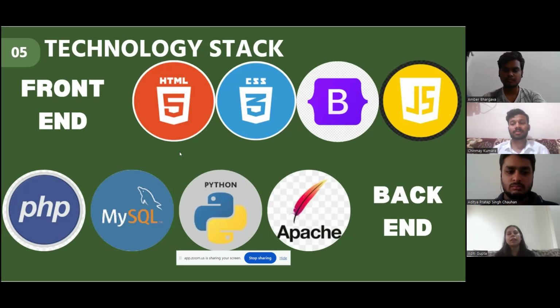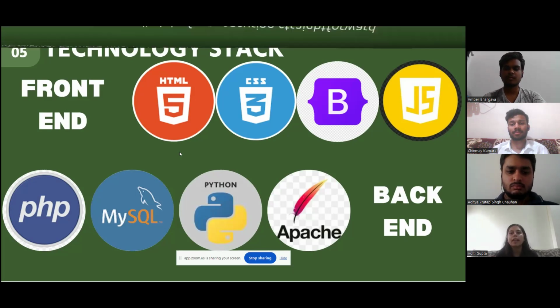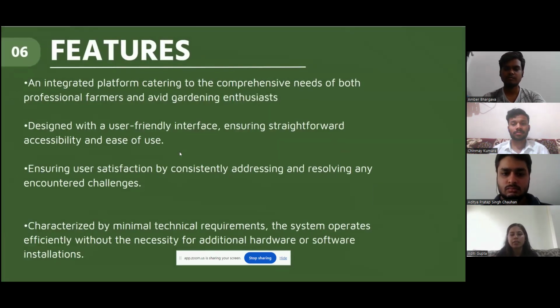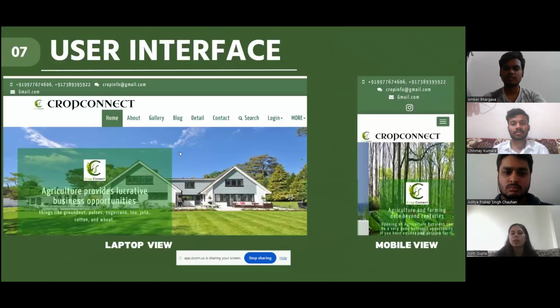As our team member Amar explained, once the user signs up, he or she will have to declare their role, and after declaring the role, they will be provided with some options. If logging in as a farmer, he will be provided with options like asking whatever questions he wants. If it is a small problem which can be solved through community support, it will be resolved immediately. If the problem is big, it will be resolved by the industry expert, by which we mean the farming industry expert, the agriculture expert.